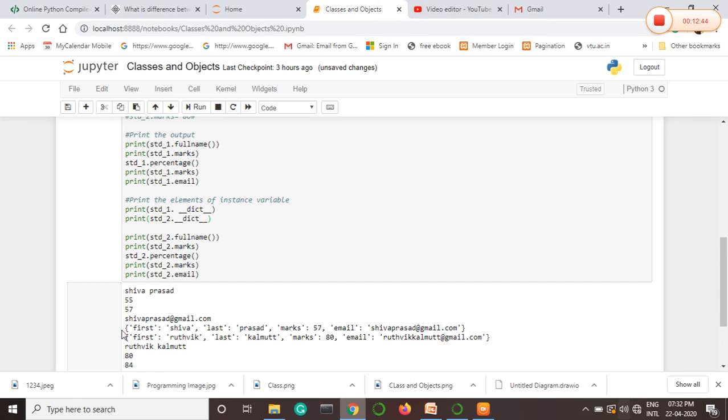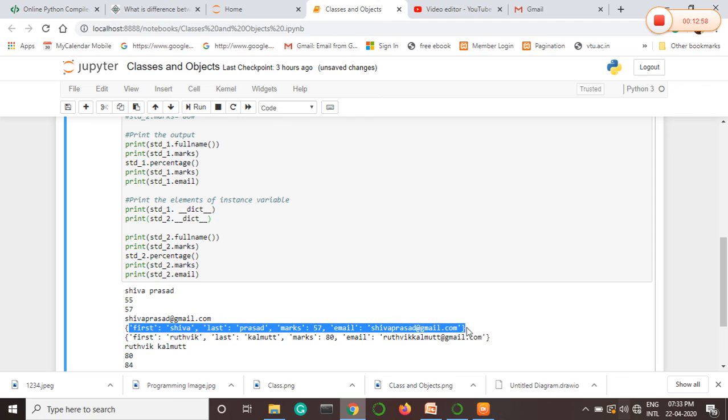Okay, see here, for student 1 we got the elements. First is the key, and the data stored in that particular key is Shiva. Last is the key, and the data stored in it is Prasad. It provides you the information about the instance variables only. It doesn't provide you the value of percentage, where percentage is a class variable.